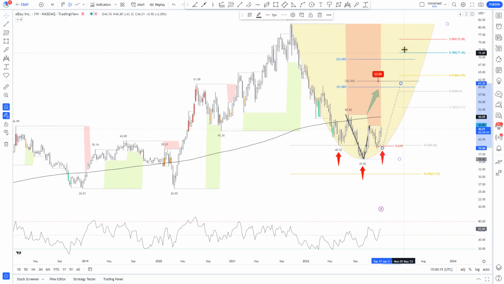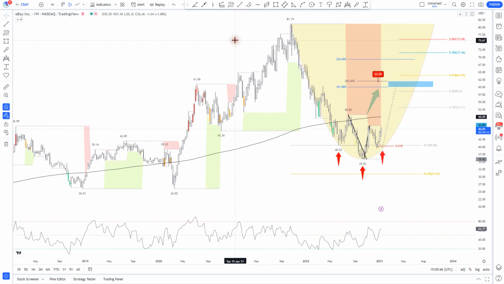The price will not go in a direct line to the previous highs. So we should expect at some point the pullback. And based on the default projections for the default target for the head and shoulders and the golden Fibonacci extension of this last swing low, we can project kind of a box or a cluster right here, and expect something like a pullback or a retracement if or after reaching this price cluster box, and that's eBay.